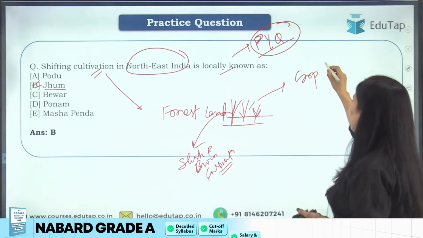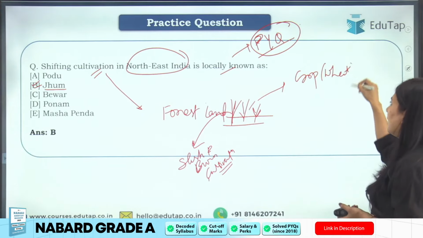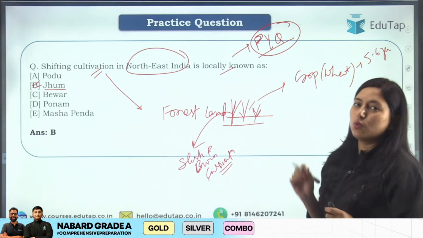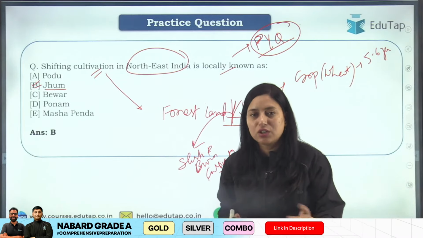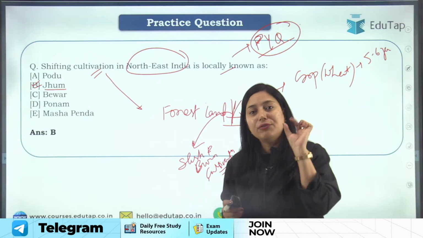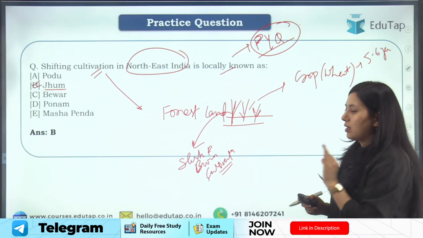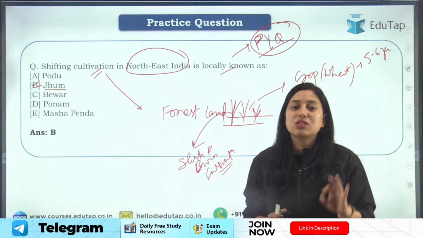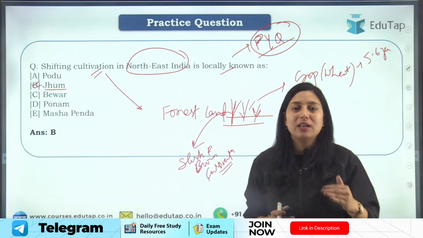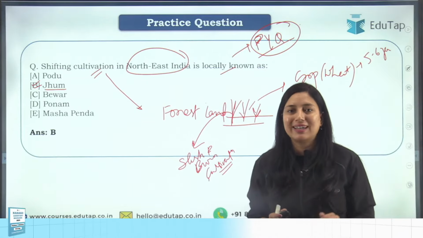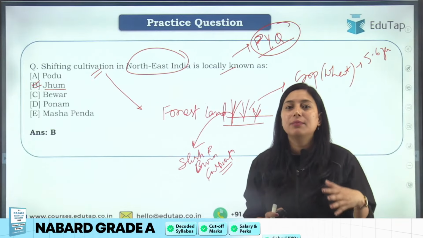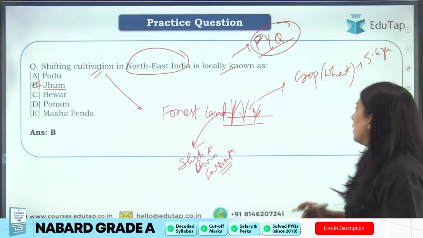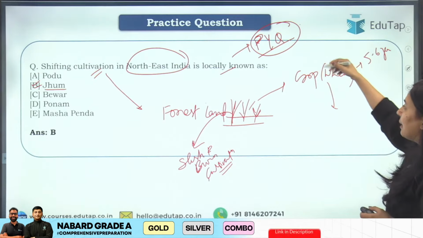Okay, a crop like wheat is grown on this land for around 5 to 6 years. Only wheat will be grown. It's not that they are following any crop rotation or the crop is changed. Only wheat is grown for 5 to 6 years. Now what will happen if we take only one single crop for 5 to 6 years? Our soil fertility will degrade, right? Soil nutrient status will go down, soil fertility will degrade, and now this soil will become not usable for growing further crop, right? So what does the farmer do? The farmer then abandons this land.